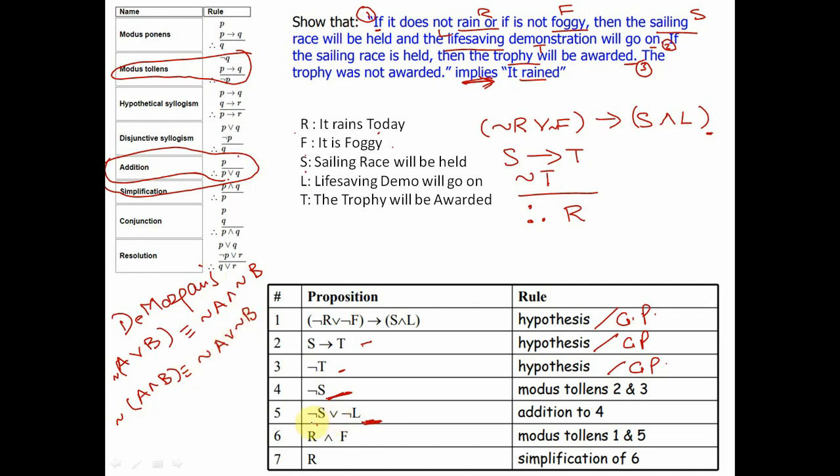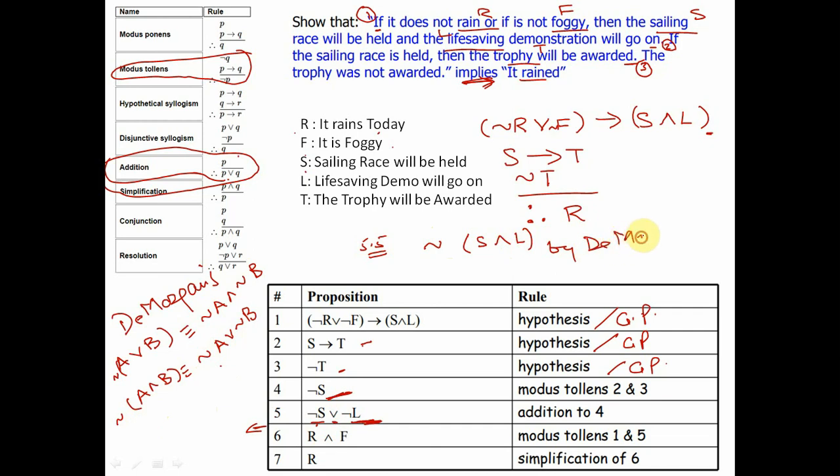Now see negation of S or negation of L. I can add a line over here between 5 and 6. Let's call it 5.5. Negation of S or negation of L can be written as negation of S and L